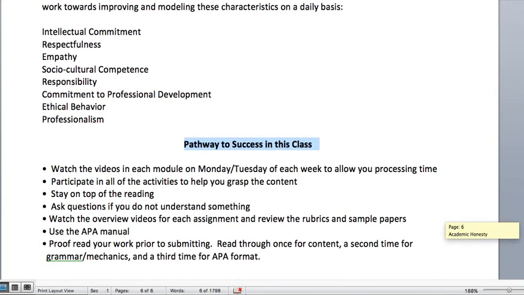And then I want to talk to you a little bit about pathways to success. Because with this being such a condensed class, you really need to be on top of things. So my suggestion is you start on a Monday and you do the first module and all of the activities that go along with it and the reading. And then on Tuesday, you do the second module, all the reading that goes with it. And then on Wednesday, you do the third one, if there's a third one. And then the rest of the week, it allows you to work on those outside assignments. So you'll get the content at the beginning of the week, and then you're applying it later on.